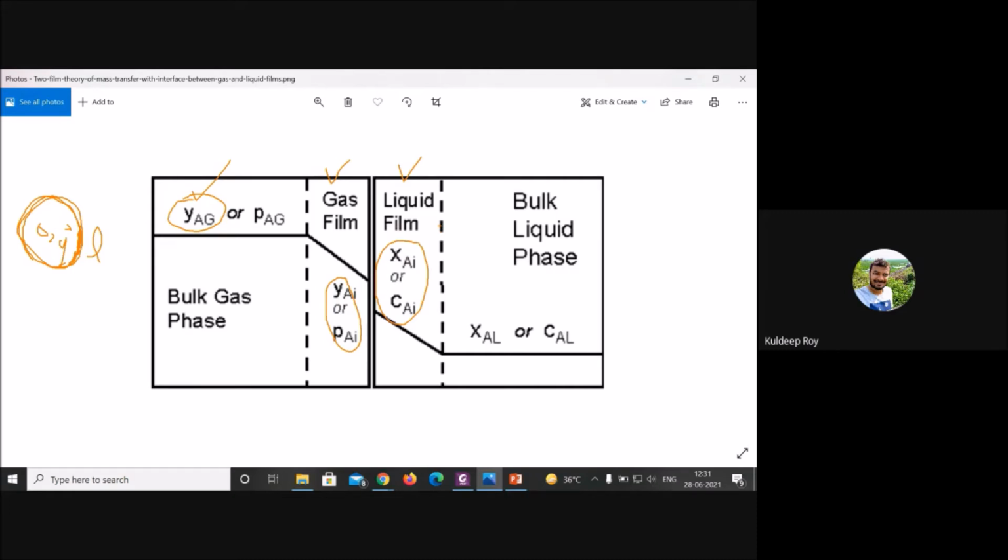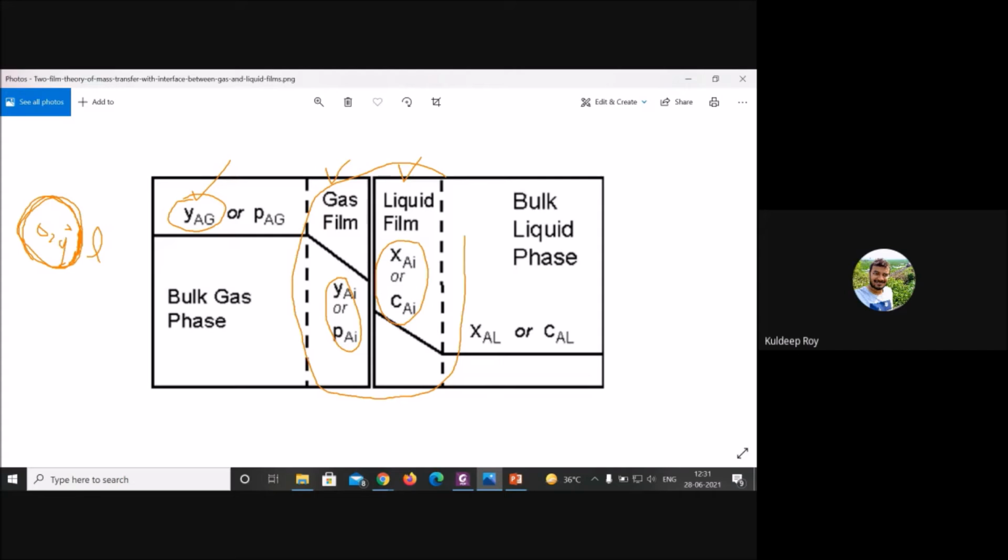Okay, then you have to determine how you will approach and what is the significance of the film theory. The phase boundary, or you can say the interface boundary, I'm talking about this boundary. The boundary layer, you can say the interface, is the meeting of the two phases and the turbulence dies at the phases. Now you can see they are meeting at the two phases. This is one phase, this is one phase, they are meeting together at this particular zone.